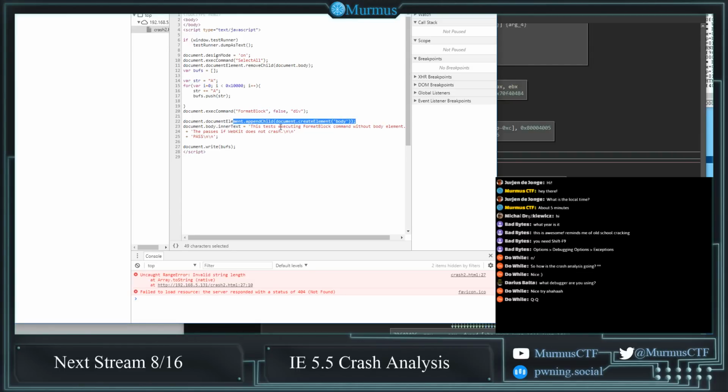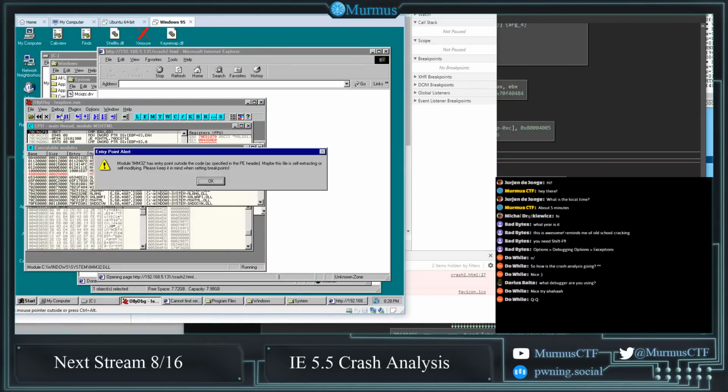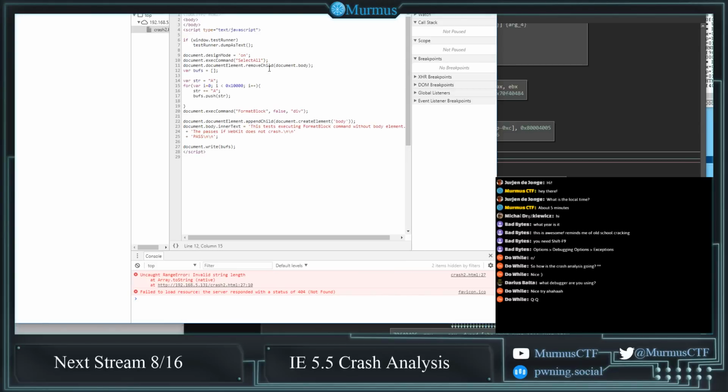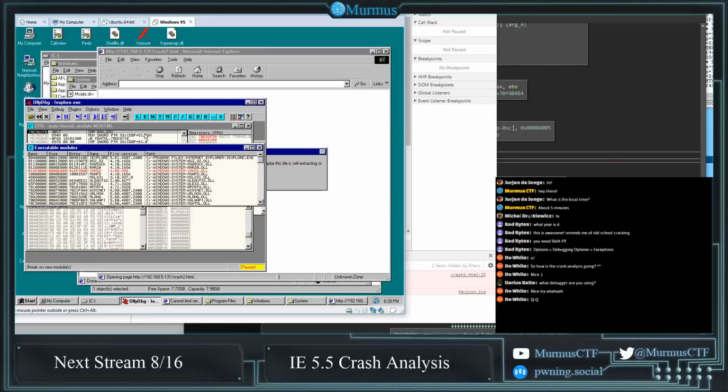After we do that, we're going to do an exec command of format block, and we're going to attempt to recreate it. Whatever is going on here, I don't entirely understand, but there is a format block command which we're going to execute on this old version of Windows 95, and IE isn't checking something. So presumably one of two things has happened here. When we called this remove child, either it wrote nulls into a pointer someplace, which is why we're getting null bytes, or,